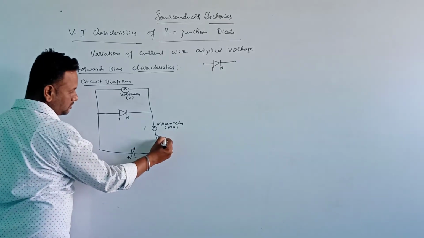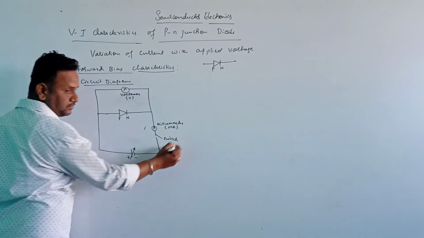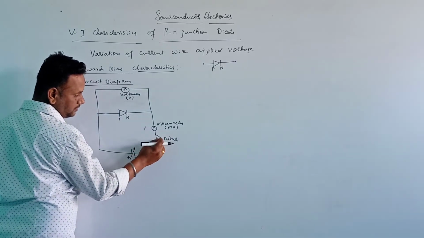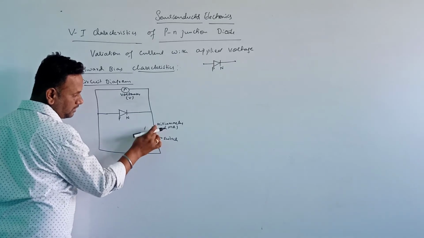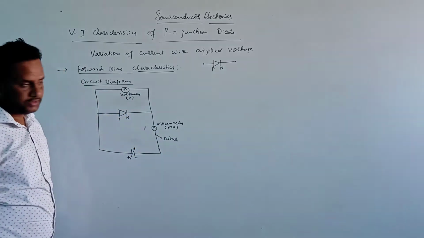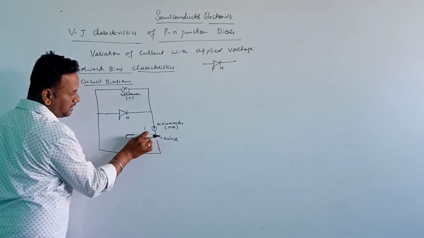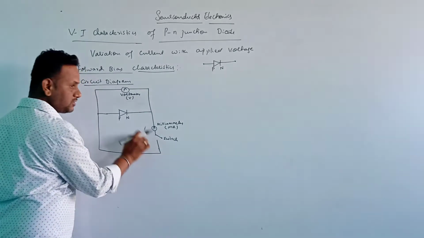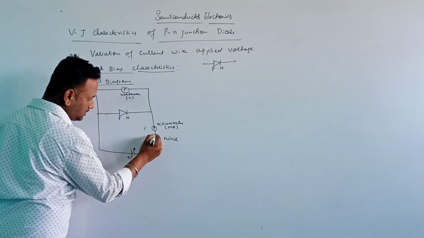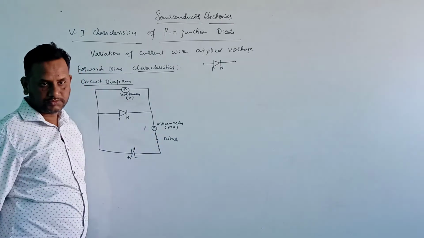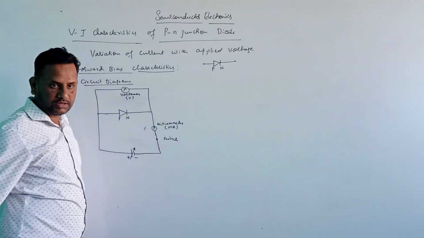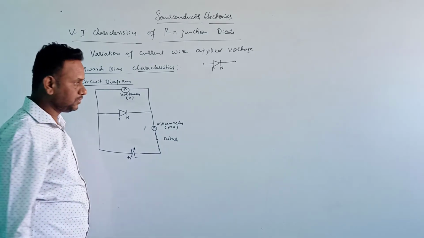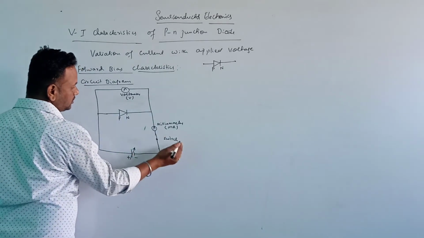Now this is a switch here. If I close the switch, it becomes a closed circuit. If I open it, there will be a gap between these two terminals, and then it is an open circuit. Now I am closing it. So now, as we vary the voltage here, the charge carriers will move. Now the switch is on.